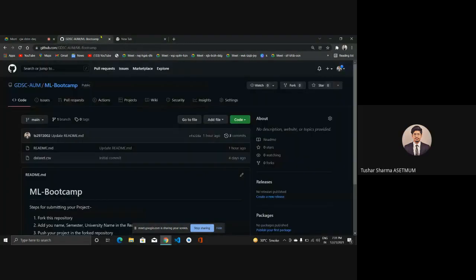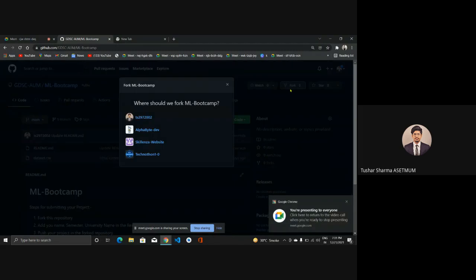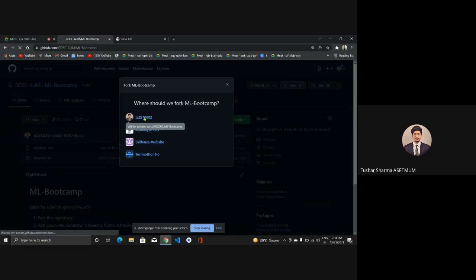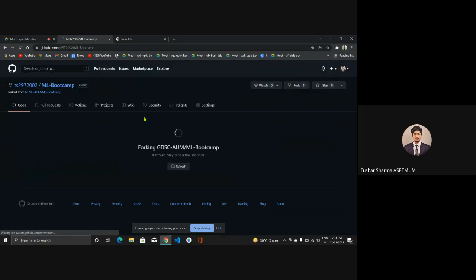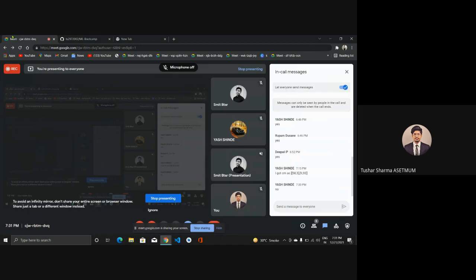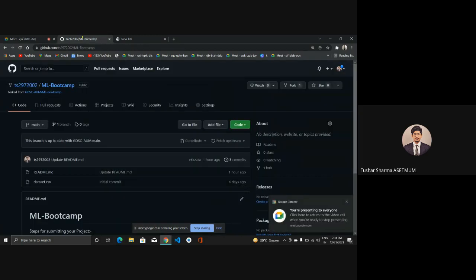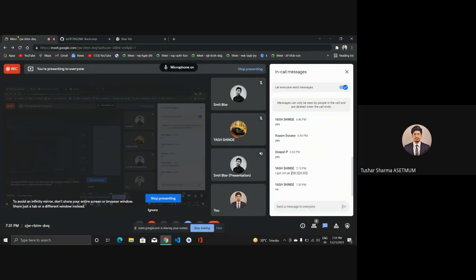Yeah, so what you need to do is, first of all, you need to fork this particular repository. So I'll just fork it in TS 297 2002. So yeah, this particular repository is forked.